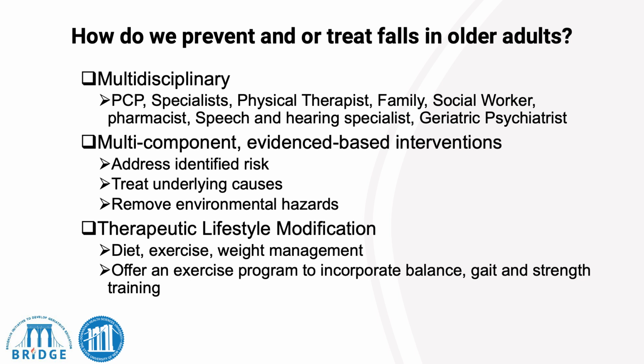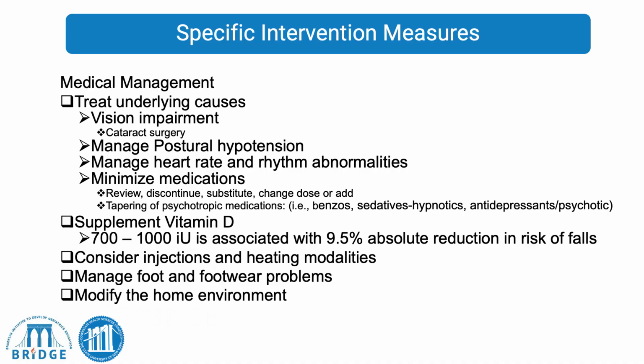Therapeutic lifestyle modification is also important. So dieting is important, exercising is relevant, and weight management is relevant. Offer an exercise program to incorporate balance, gait, and strength training. In terms of specific intervention measures, medical management may include treating underlying causes. In the setting of visual impairment, address vision issues. For example, in the setting of cataract,